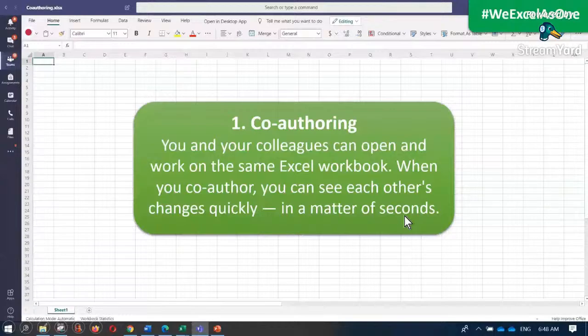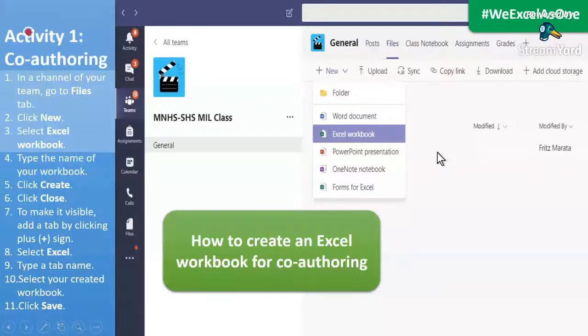But first, what we are going to do is to prepare the Excel file that we are going to use for co-authoring. So the first activity is for us to create an Excel workbook for co-authoring. And we will create this Excel workbook in Teams. You can use the web app of Teams, or you can also use the desktop application. So how to create an Excel workbook for co-authoring using